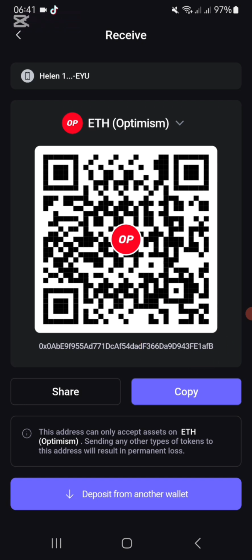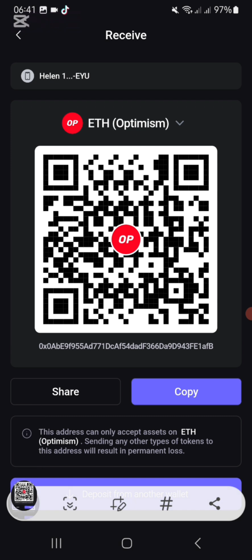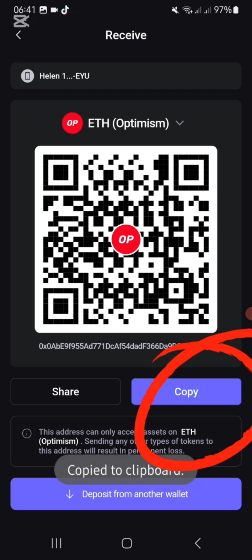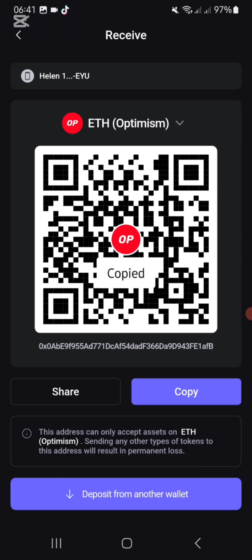It's up to the person that's loading the coin to make sure that they are going to load what you're asking. So I always ask people, make a screenshot of this, okay? Just so that the person that is going to fund your wallet, because remember they fund a lot of wallets, knows which coin to fund. Then you're going to press this button at the bottom, this blue one. You're going to press copy. And now you're going to go to WhatsApp.